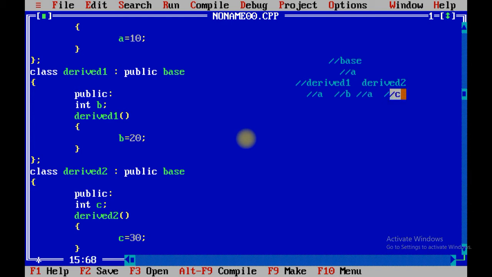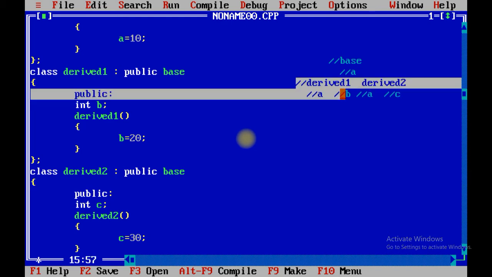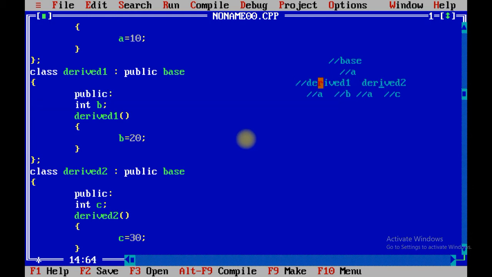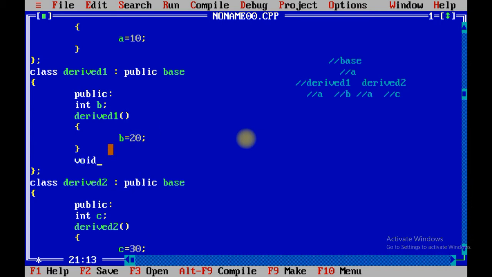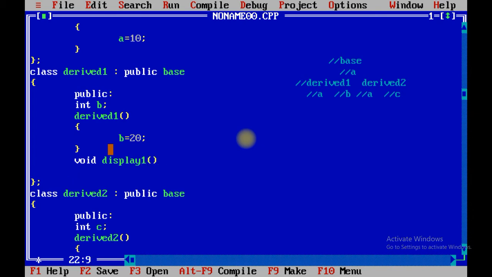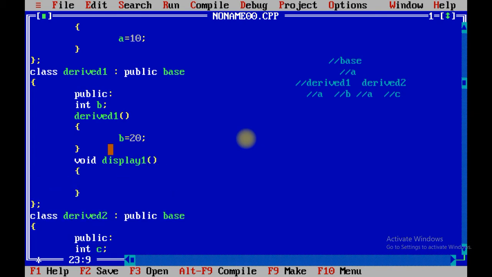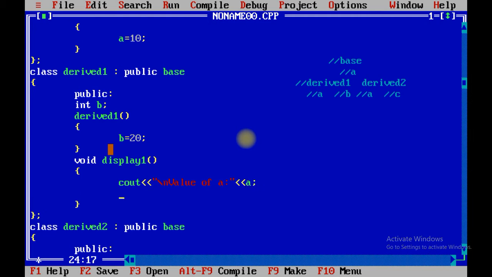So what I need to do is create two display functions, using derived 1 and using derived 2. So over here I am going to create a display 1 function which is part of derived 1 and which will print two values, that is the value of the parent class, the value of a, because derived 1 can access the parent class property.